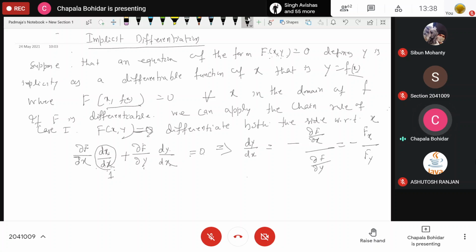This is one most important formula. You must get a question on it. You have to remember this formula. If this value is written, then you have to remember this formula. Then,